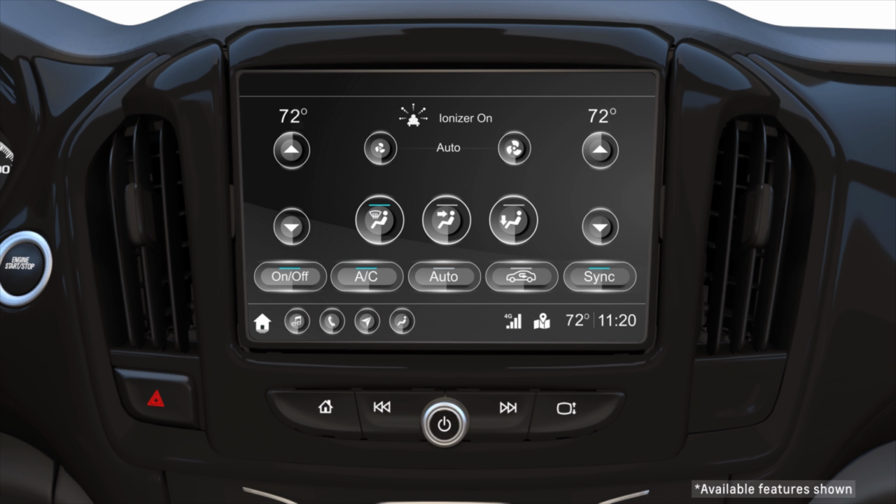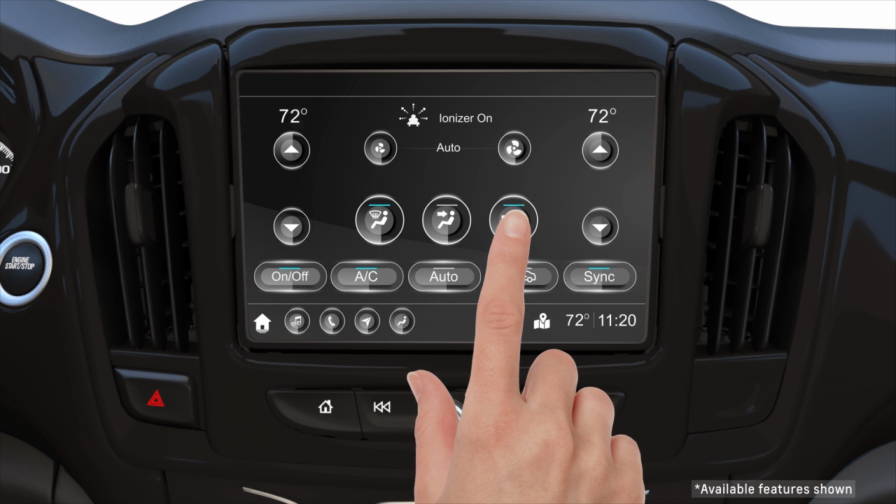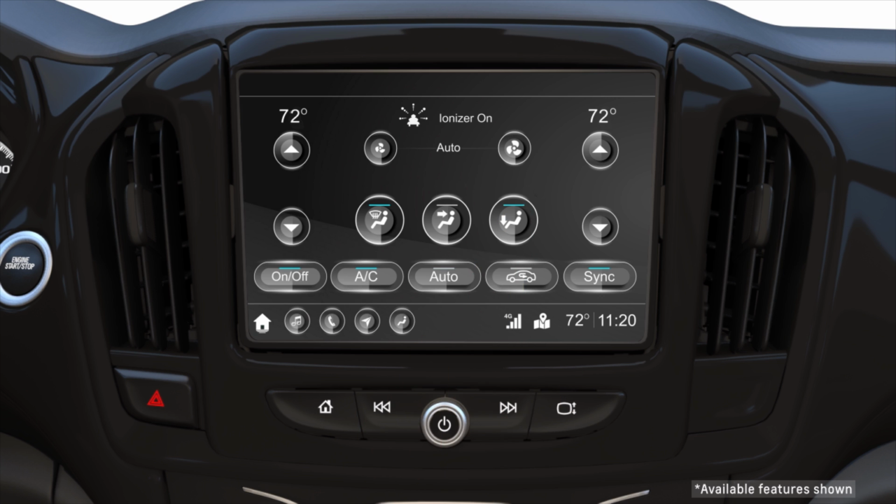Air will be directed to windshield air conditioning outlets and side window outlets to clear the windows of fog or moisture. If your feet start to get cold, simply press the Floor Air Distribution button. Air will now be delivered to both the floor and windshield. You can use all the airflow features at the same time or separately.